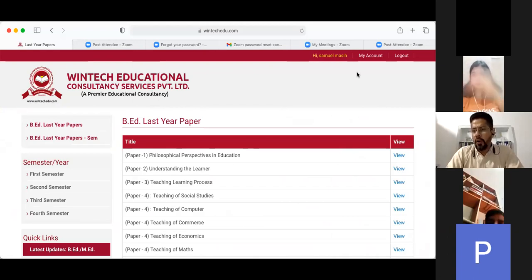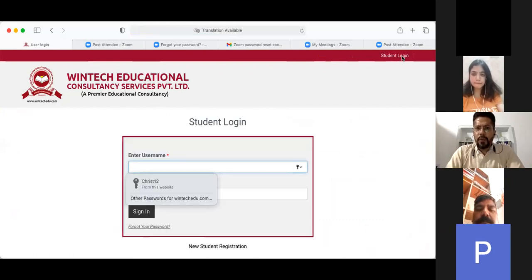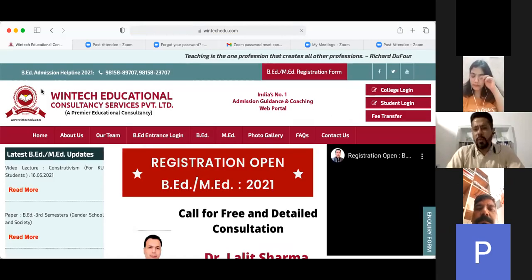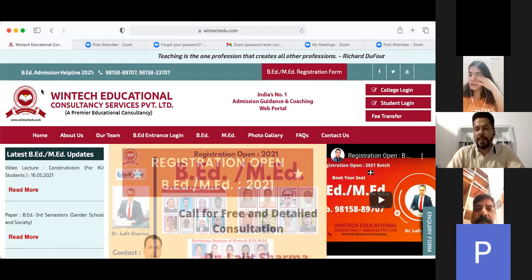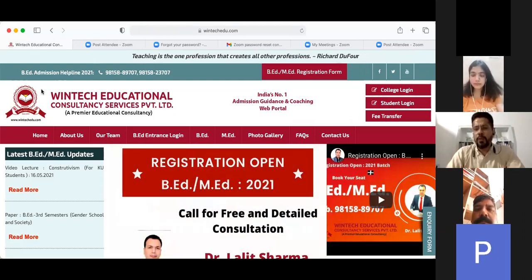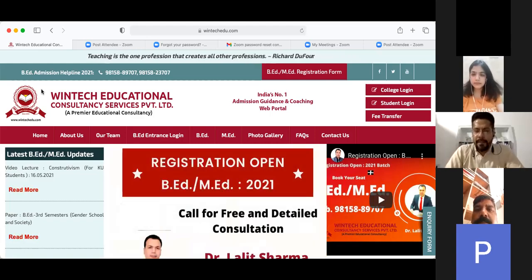I think all of you have learned how to create a user ID and password. Is there anyone who has any doubt or needs clarification? I think we'll take one example of Kurukshetra University also. Same as Samuel did. There it is an annual system. As you find the options here, semester 1, semester 2, semester 3, there the option would be annual system. The rest of the things would remain the same.